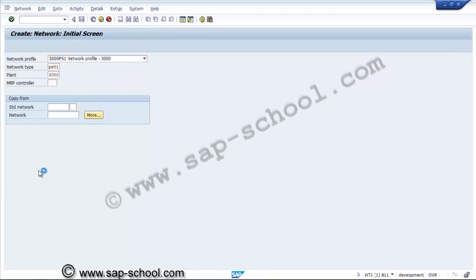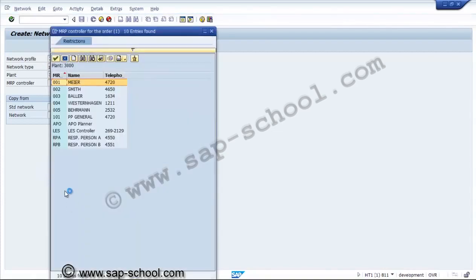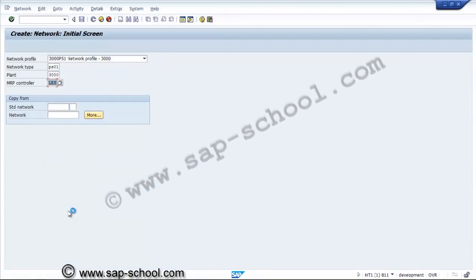And MRP controller we can consider from the existing mapped MRP controller. Now if you press enter, system will ask us immediately the network number we have to assign externally, because we have selected the number range as external assignment.